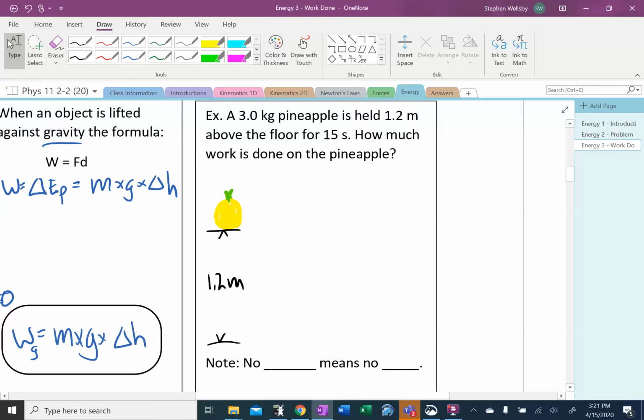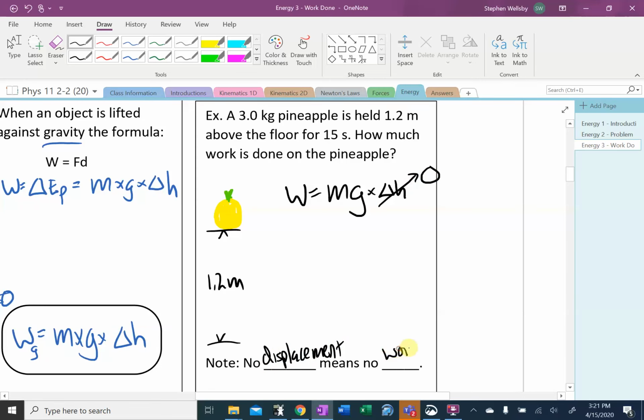Okay, if you haven't figured it out already, or if you have, we can just go through the answer and confirm what you already know. In this case here, the work done is going to be the mg times delta H. Now, what is delta H in this scenario? Well, it started at 1.2 meters and it finished at 1.2 meters, so the delta H is going to be 0. So what that tells us is that when an object is just being held stationary, there is no work being done. So no displacement